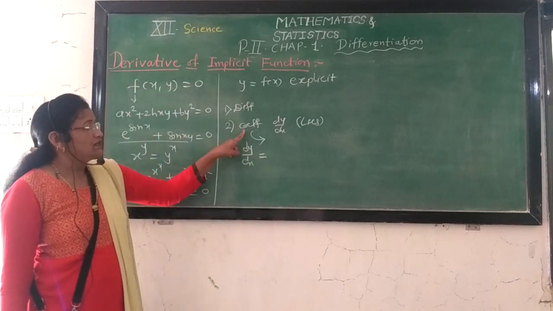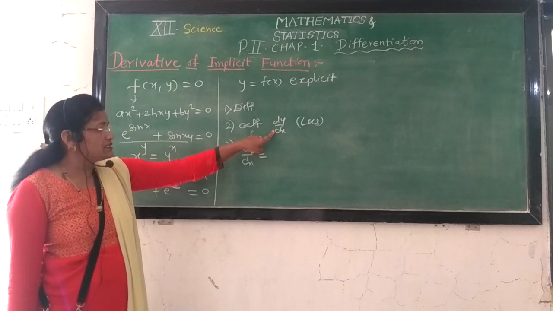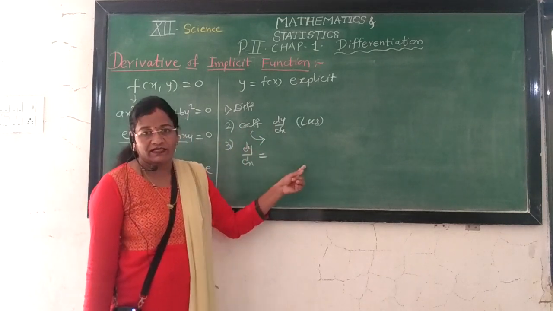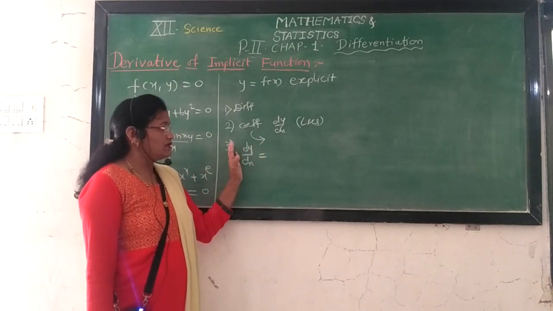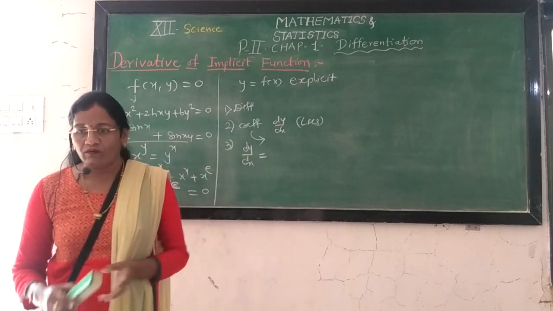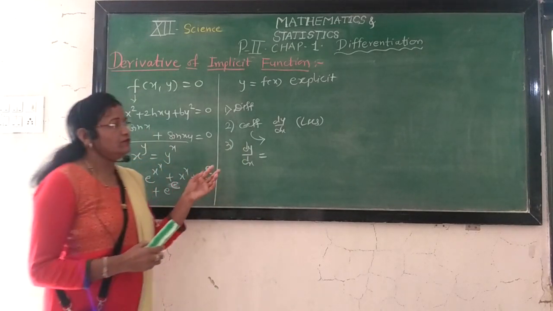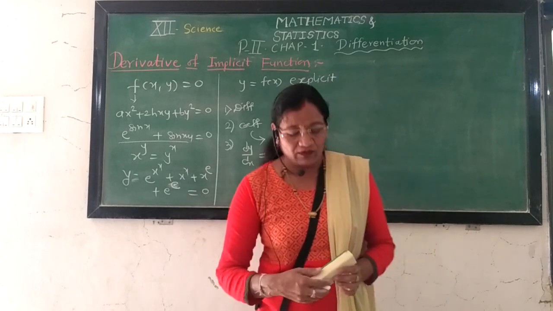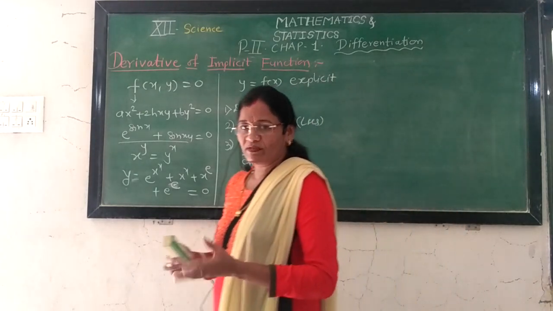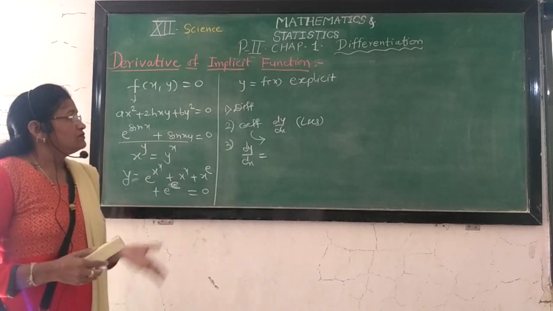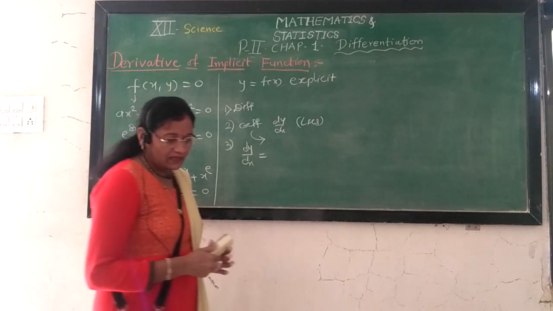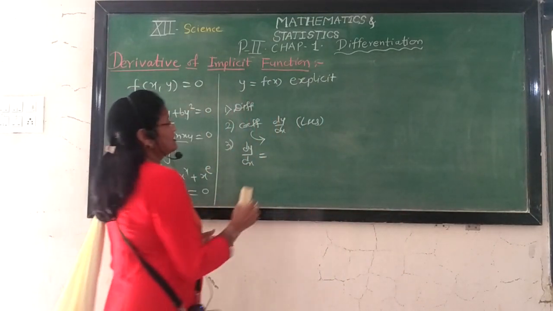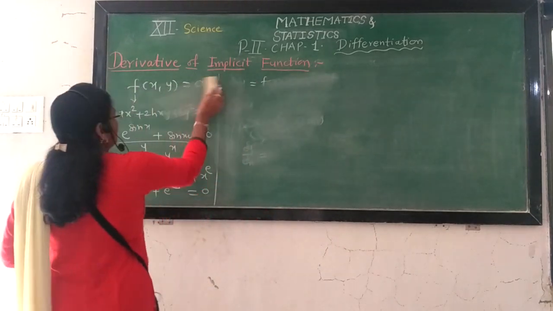Remember that the coefficient of dy by dx is always in multiplication form. When you shift this coefficient to the right side, it is always divided on the right side. Therefore we get dy by dx free from any coefficient, and we get the required derivative with respect to x. Now there is no theory part for this topic. We take examples directly on this topic, and the examples are given in combination with logarithmic differentiation. From exercise 1.3, example numbers 3, 4, 5 are given on this topic. Now we take an example from this exercise 1.3.